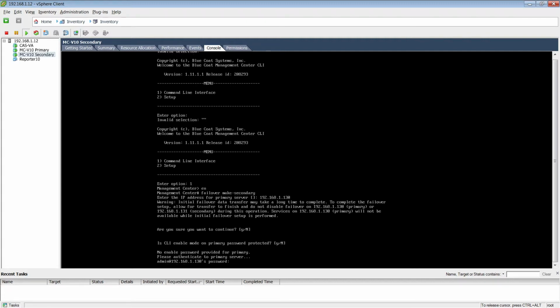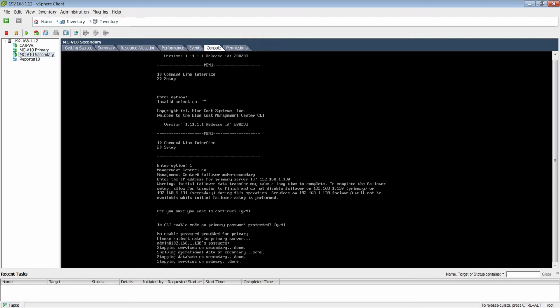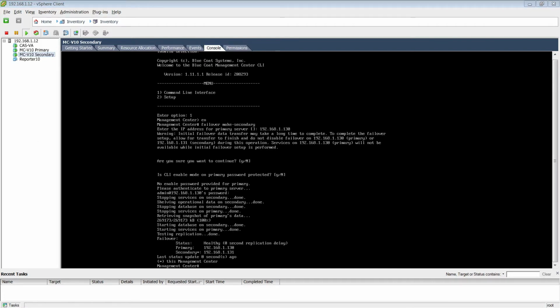At this point, it's going to be stopping the secondary and the primary services on both boxes, and it will start a replication process. This process can take varying amounts of time depending on the size of the database within Management Center, the network connection between the devices, and the number of jobs and proxies or other devices that it is managing. I'll pause the video at this time as it can take a long period of time. Now that the replication has completed,